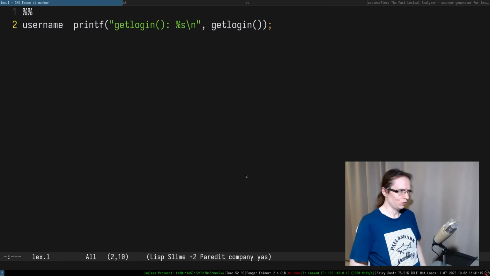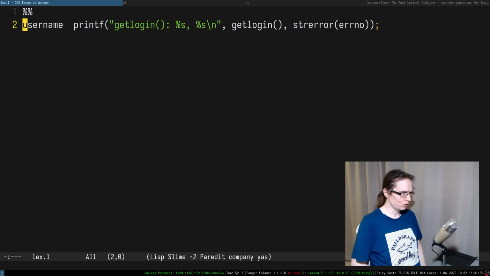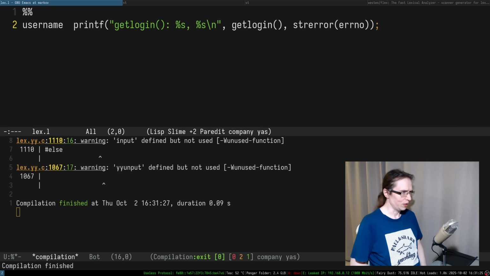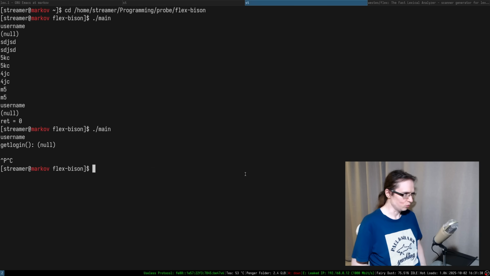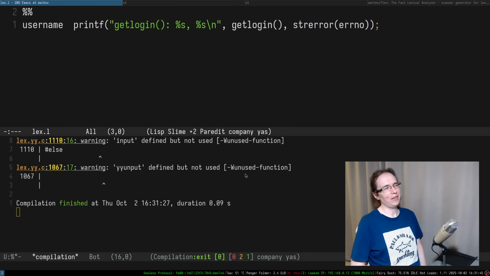So we can maybe also try the following thing: strerror(errno). Right, so if I try to now recompile the whole thing and run this entire stuff, username, so it's successfully failed successfully. I think a little bit of undefined behavior kicked in because the order of execution